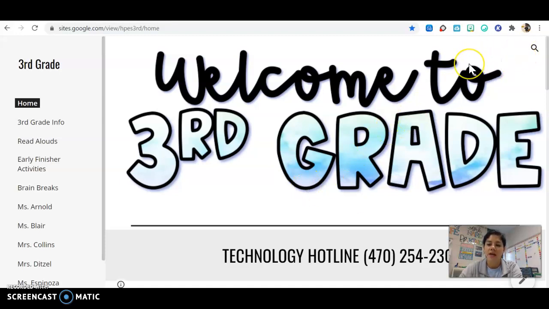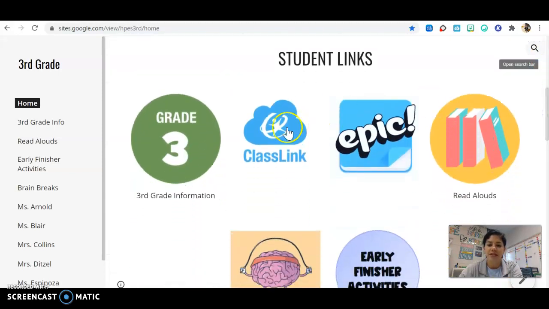The second way that you could do is you could go to our third grade website, which is where I am right now. So our third grade website, the website is right up here. sites.google.com/view/HPES3rd/home. And it would be a great idea to go ahead and bookmark it so that you can easily access it on your device. So I'm going to scroll down, and right under student links, I will see the icon